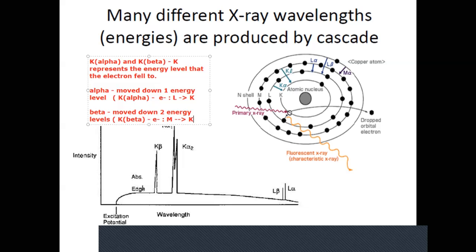And then you'll see that for L alpha and L beta, L again means that the electron falls to the L energy level. Alpha means it's a difference of one energy level, and beta means it's a difference of two energy levels. Now, the way this shows up on a spectrum,